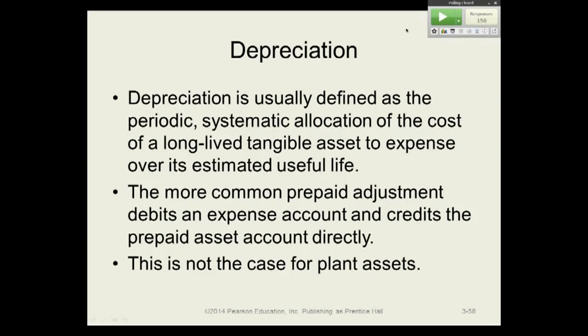Okay, so we're not going to credit the asset directly. So when you reduce plant assets in the adjustment process, they are credited through the accumulated depreciation. So it's almost like what we did, if you remember, with retained earnings, where expenses affect retained earnings a certain way. So really, anytime you credit accumulated depreciation, you reduce the assets. I'll say that again. Anytime you credit accumulated depreciation, you're reducing the asset. And on the balance sheet,